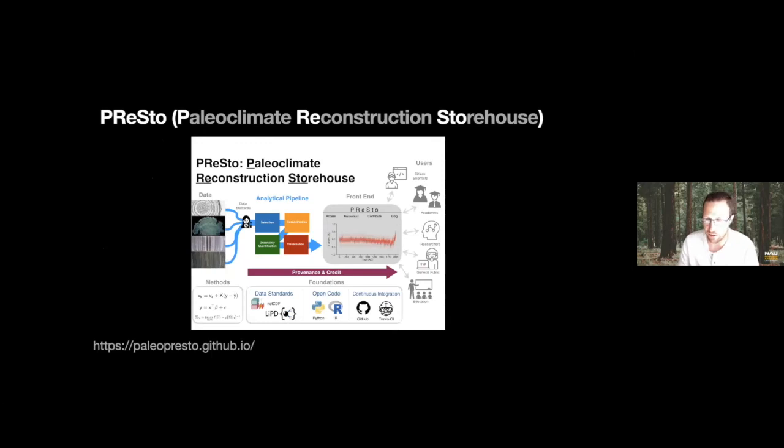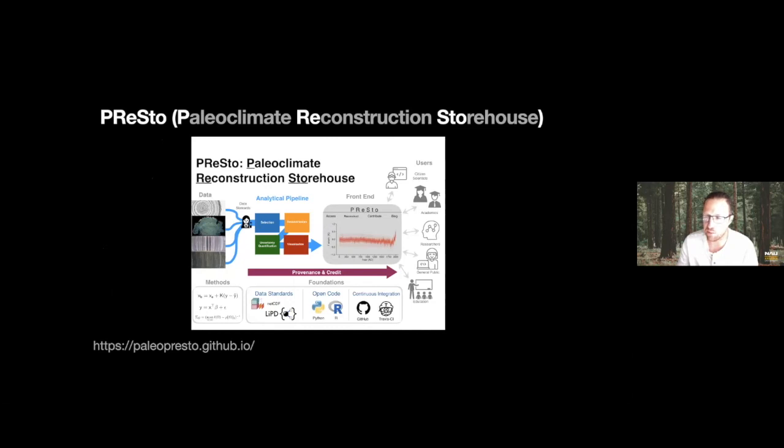And then even newer is a project that we're calling PReSto, which stands for the Paleoclimate Reconstruction Storehouse, which fits really nicely, I think, into a lot of Page's goals, and I'm really excited about this.